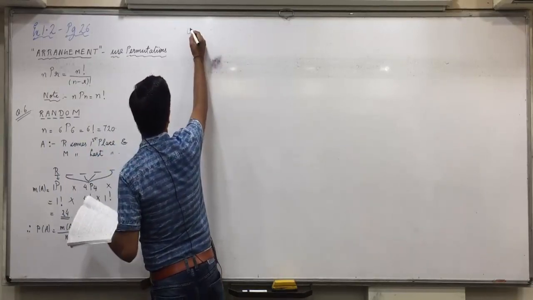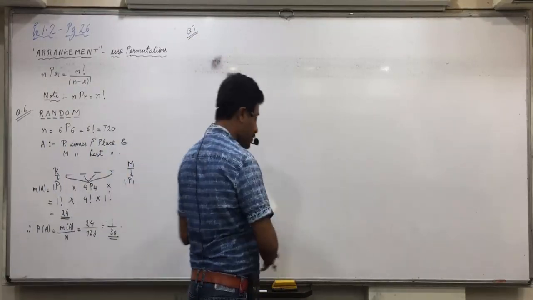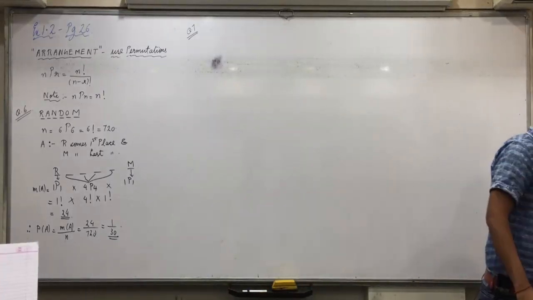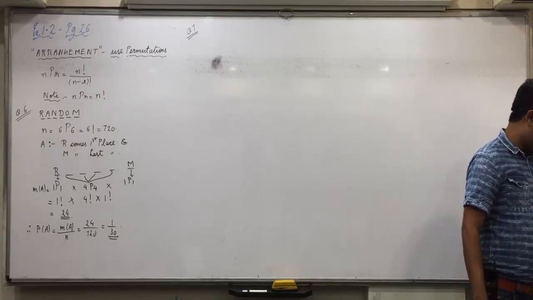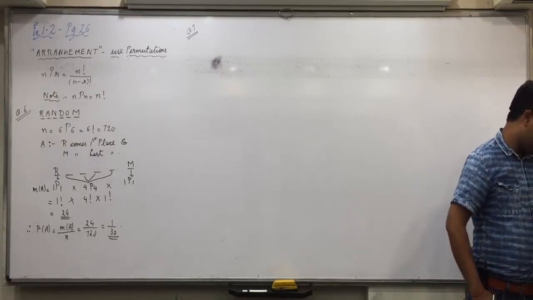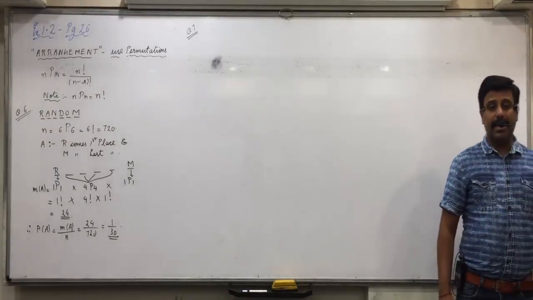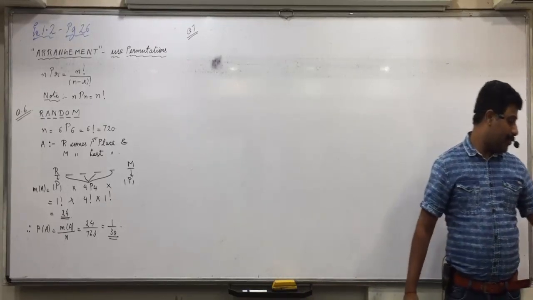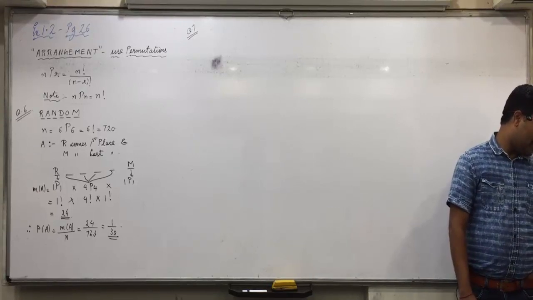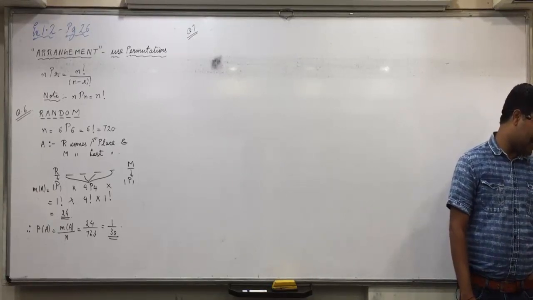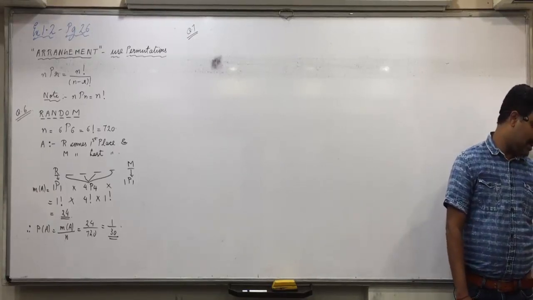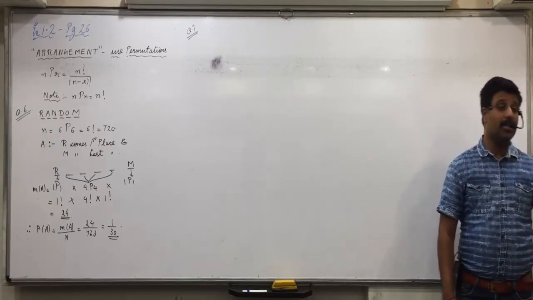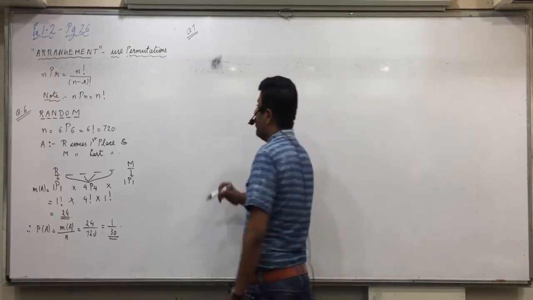Now question 7. Anyone not clear with question number 6? Can you differentiate it from other questions? Underline the word arranged. Whenever there is arrangement, we have to use permutations. Next question: find the probability of getting vowels in the first, third and sixth place when all the letters of the word orange are, again underline the word arranged, in all possible ways. Arrange means we have to use permutations.